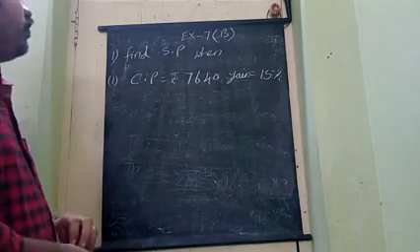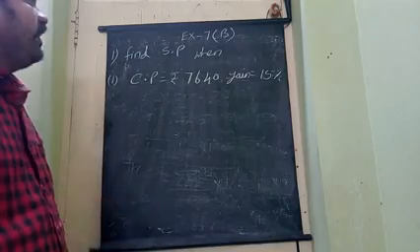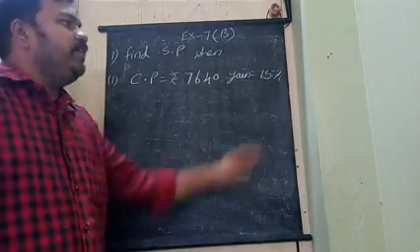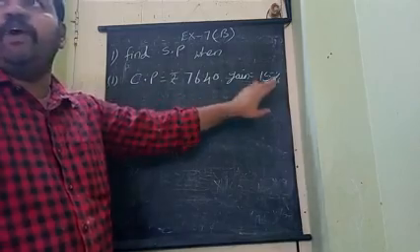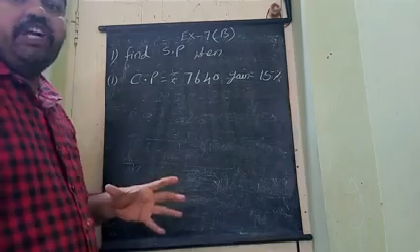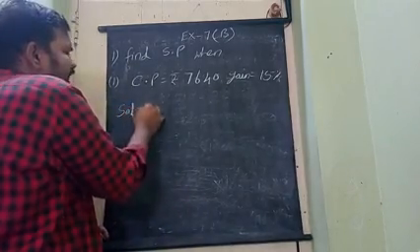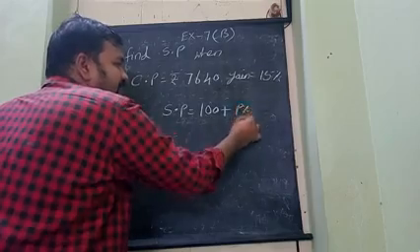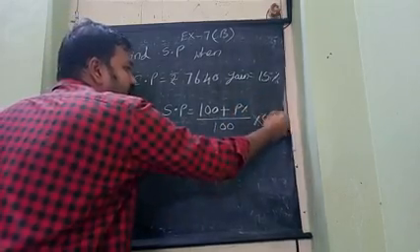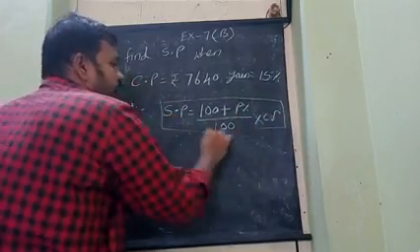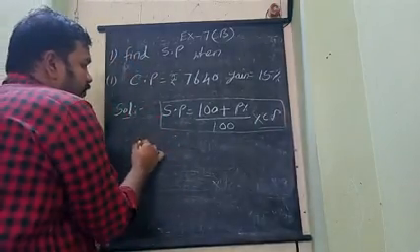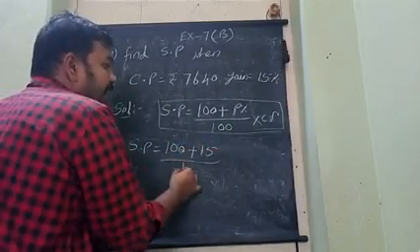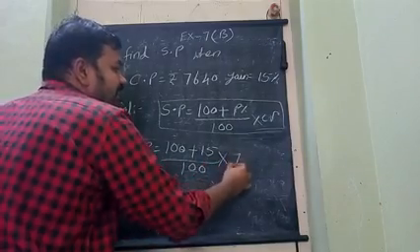So here is the next sum, 7B exercise. Find the selling price when cost price is given 7640 and gain is given as 15%. We have to see in this chapter whether gain is given in percentage form or rupees form. If it is given in percentage form, start with the biggest formula. The solution: SP is equal to (100 plus profit percent) by 100 into CP. So SP is equal to 100 plus 15 by 100 into the cost price, 7640.